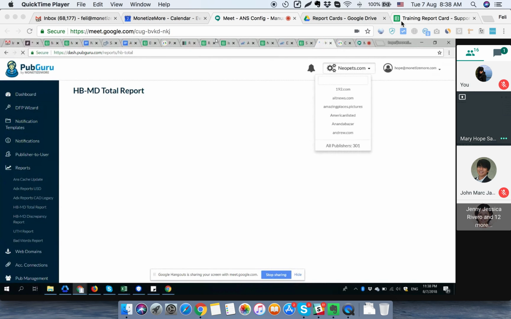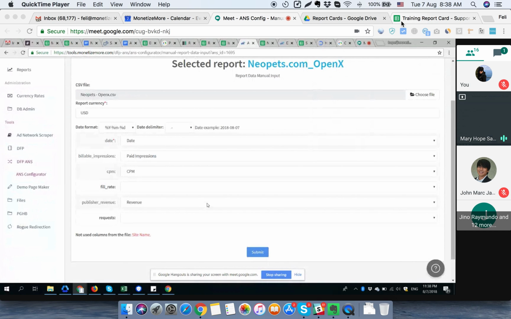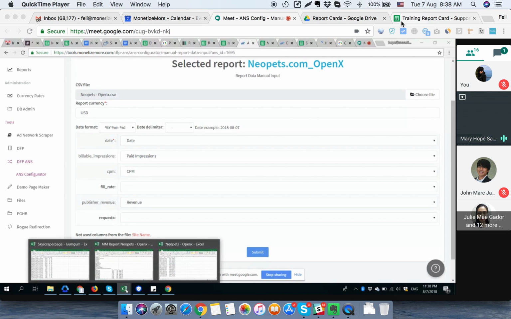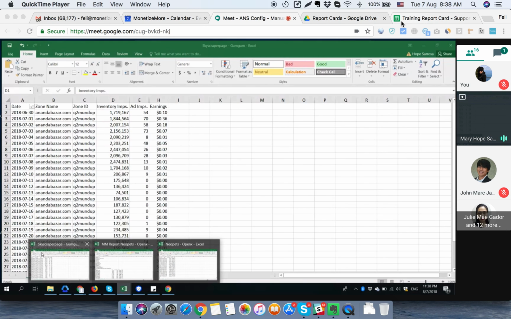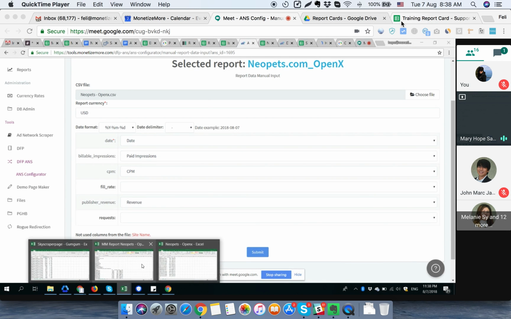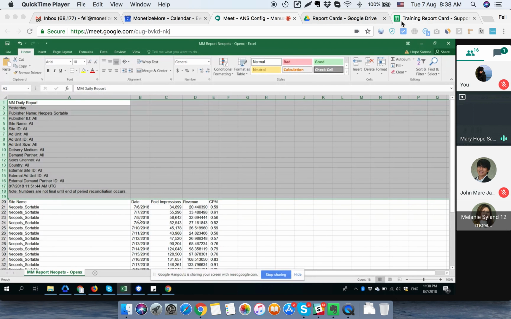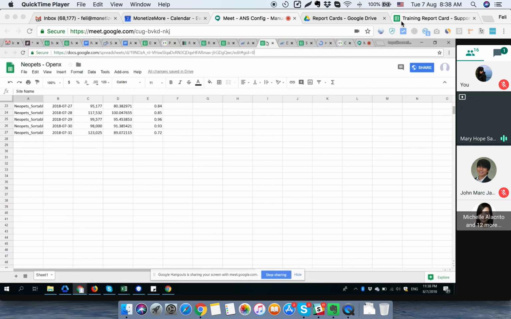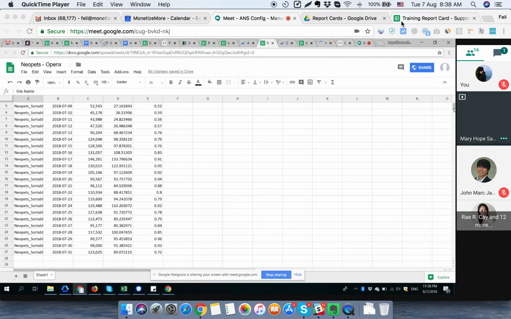And the other option is the Google spreadsheet. This one is not difficult, but it requires you to create a separate spreadsheet. So, for example, this one I got. I'll use the same example, Neopets OpenX. So I created a spreadsheet for this one here, and